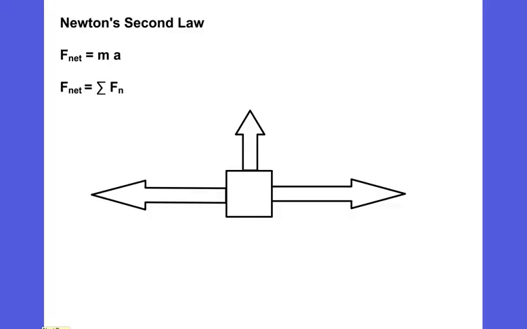All right. For Newton's second law, it has an equation form where a lot of times it's said F equals ma, but that's not true. It's really F net equals ma. F net is equal to this symbol, which means sum of. So F net is the sum of all your forces. Fn just means different forces, like force 1, force 2. I just sum all the different forces up, and that equals my mass times